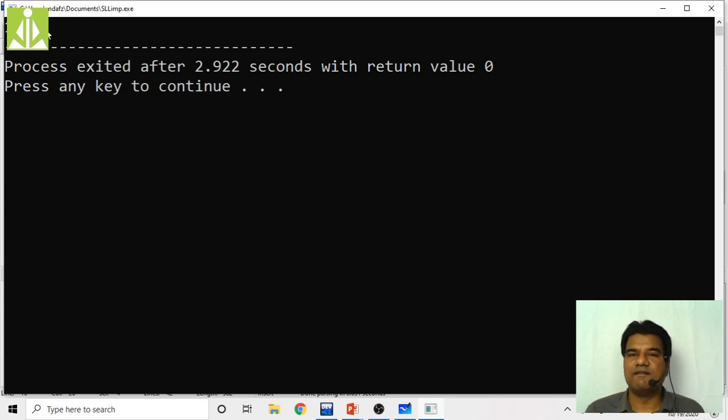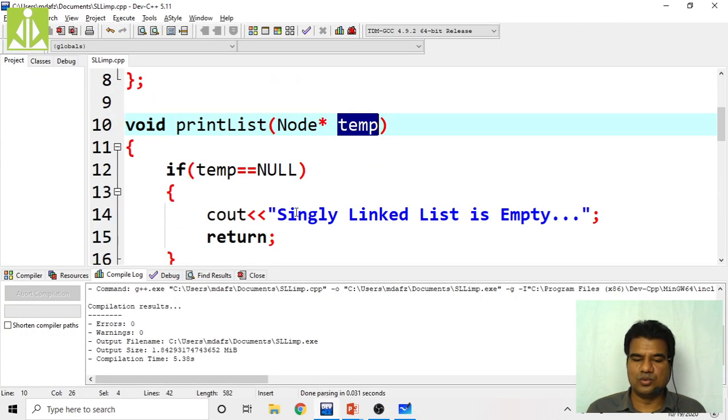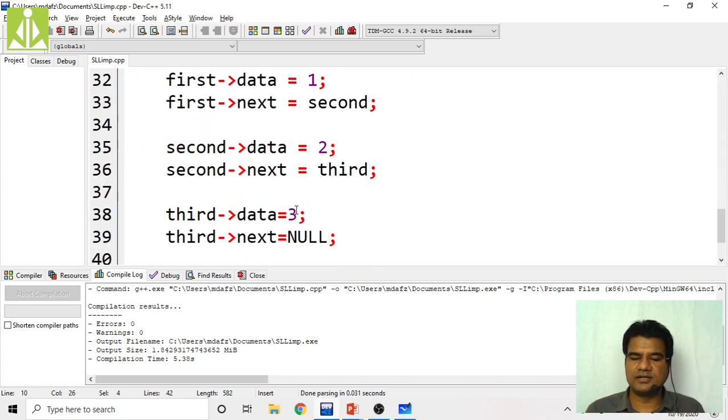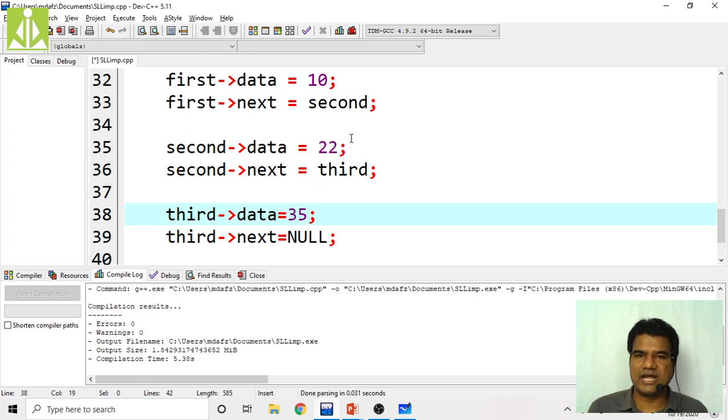Yes, as you can see, we are able to see the content, because we saved 1 in the first node's data part, 2 in the second node, 3 in the third node. Simply to get more clarity, change this content. Instead of 10, 20, 30, let us say I'm saying 10, and here 22, and here 35. So I'm changing the nodes' content.